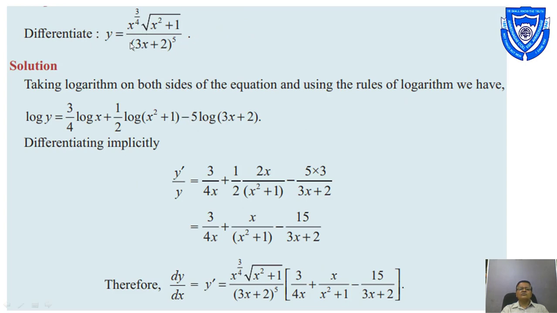Differentiate y is equal to... now if we observe this expression, it has quotient, product, exponentiation, means power, index, and square root. So this problem is favorable for taking logarithm. We take logarithms of both sides, simplify using laws of logarithms, and then differentiate it. Simply we have to take log and derivative: first take logarithm, simplification, and simple differentiation. We have to use chain rule here. You can read these steps.